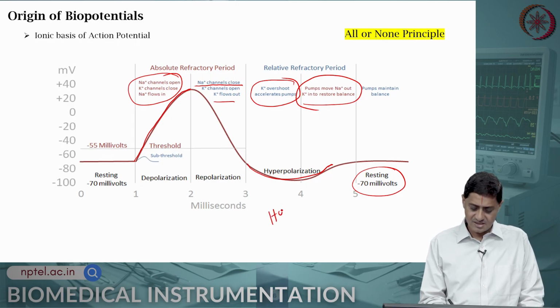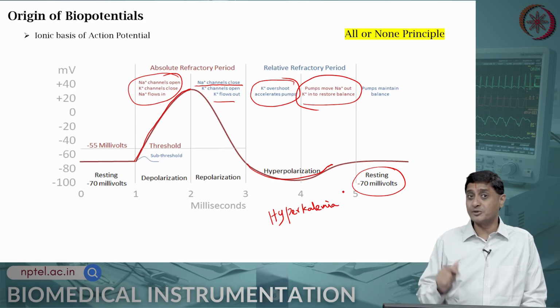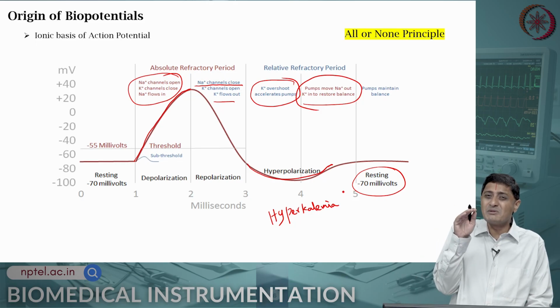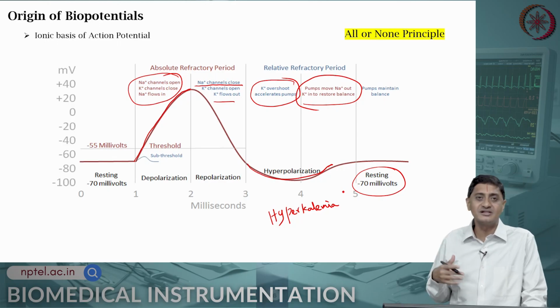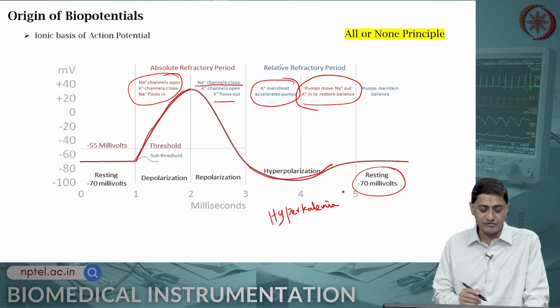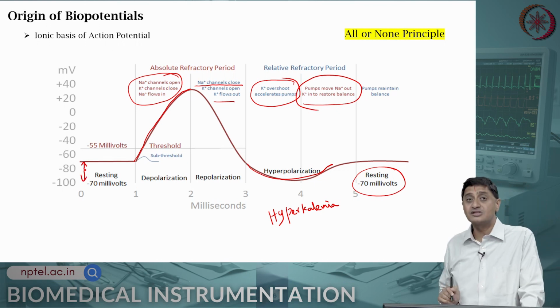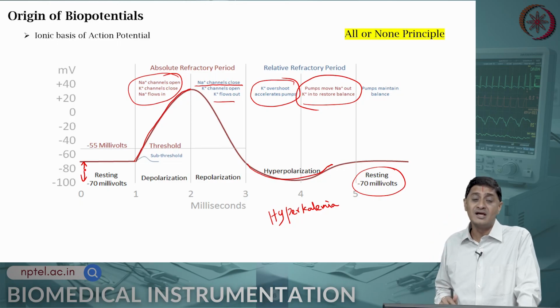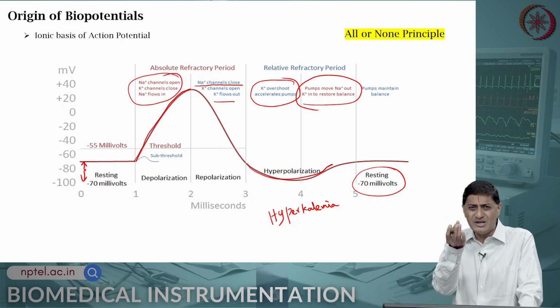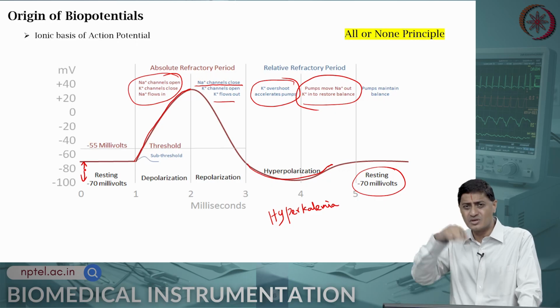These are called hyperkalemia, a situation in which elevated potassium levels keep the resting membrane potential very close to threshold. You might think that that is a good thing. Wow, that means that I do not have to apply from minus 70 millivolts to minus 55 millivolts. Minus 55 is the threshold. I do not have to apply 15 millivolts to reach it. Let us say that the resting membrane potential is maintained at about minus 58 millivolts because of an excess of potassium. Then you might think that you will only need 3 millivolts of stimulus strength to cause an action potential, but